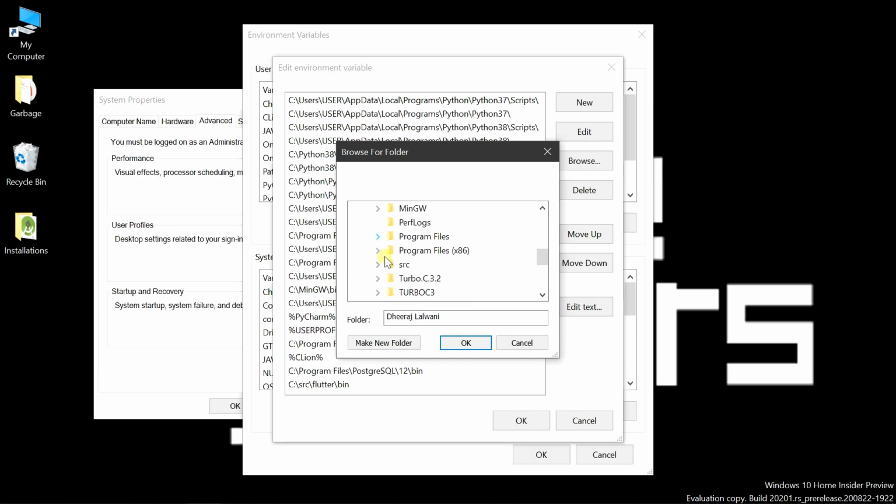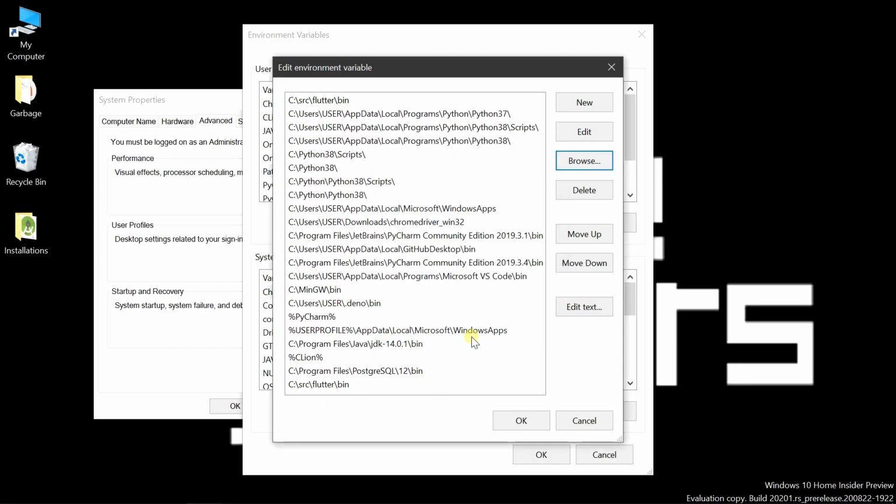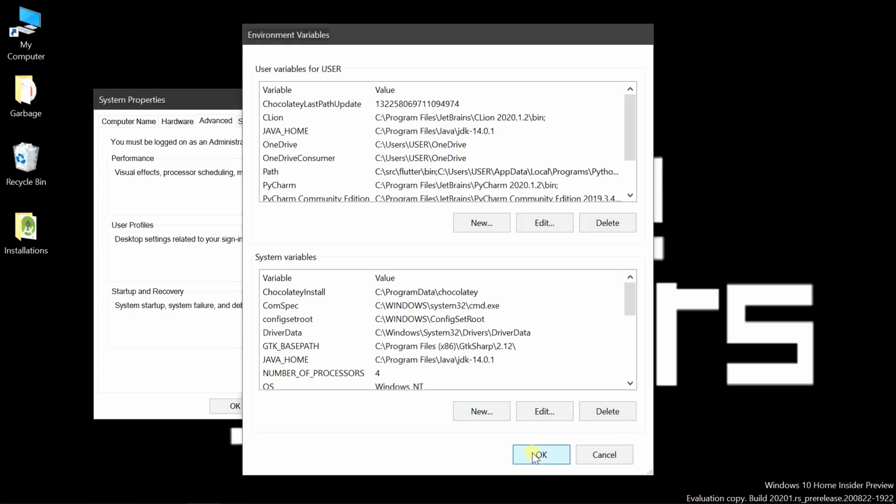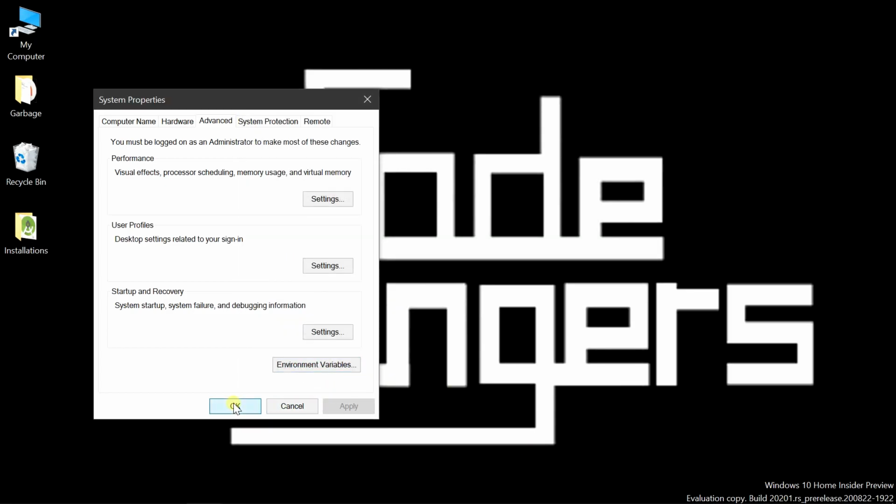I can navigate to the directory where I have installed it, and we need to set the path for this bin folder in our path variables, and I'll go with OK. There we have our Flutter path variable set. Click on OK.